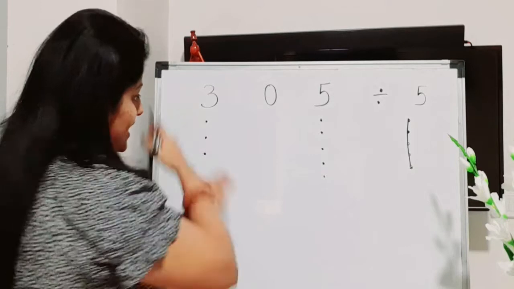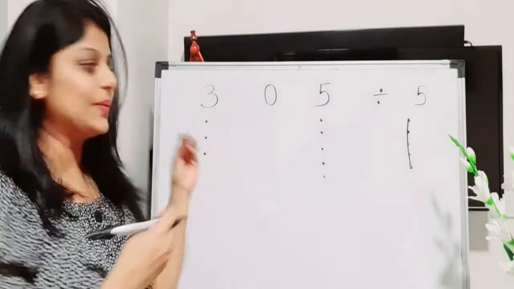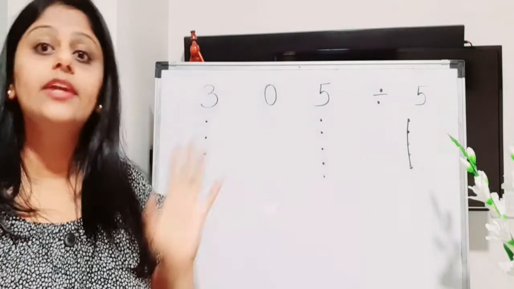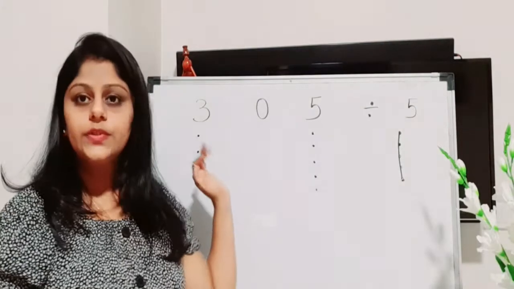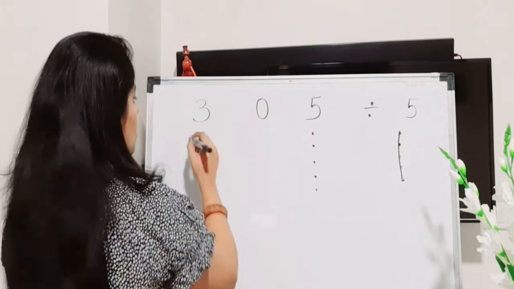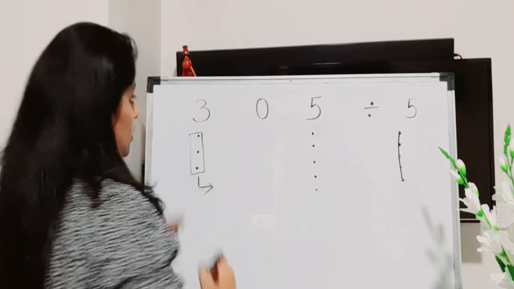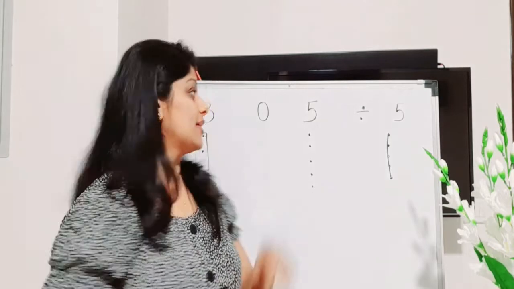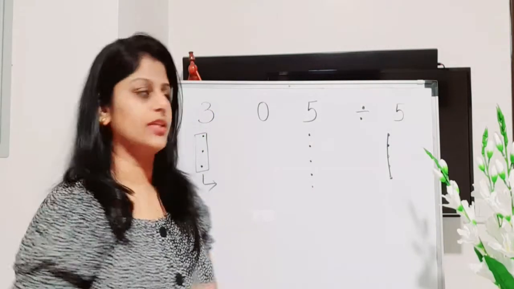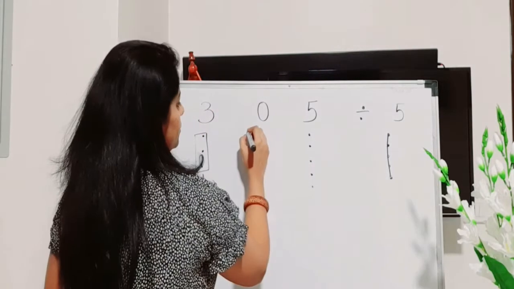Anyhow, whatever I do, I don't need these 3 dots over here. I need only 5 dots. 3 can never form 5 dots. So all these 3 dots, we will just shift over to the next column. Each dot will represent 10 dots. Therefore 3 into 10 is what? 30. So 30 dots we'll draw over here, that is in the next column.